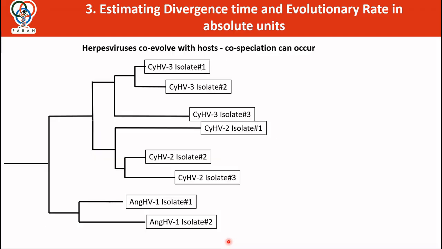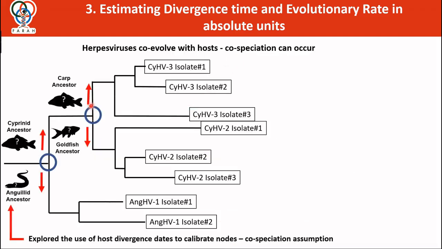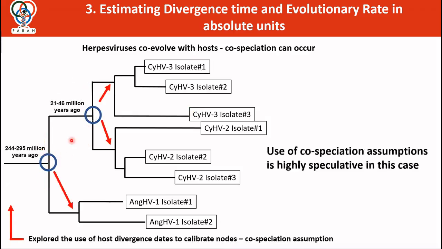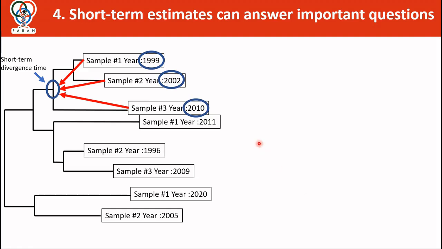Given that herpesviruses undergo co-speciation with hosts, we explored the use of host divergence dates to calibrate nodes in our tree. However, the use of hypothetical co-speciation assumptions is highly speculative in this case for several reasons, so we need to further refine these models as more data emerges. Alternatively, going forward, to avoid such speculative assumptions, we're going to explore the calibration of our trees using known sampling dates of sequences, and then extrapolate back to derive short-term estimates for divergence time, and of course, by extension, short-term